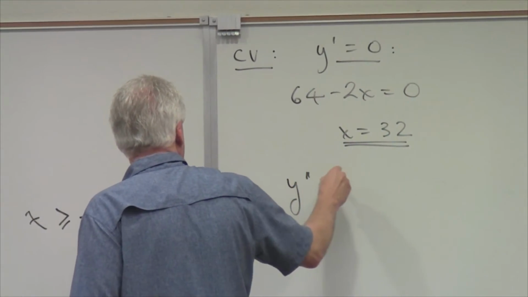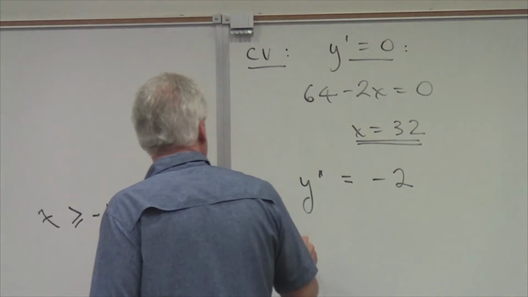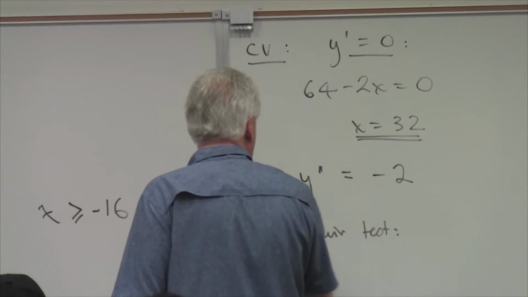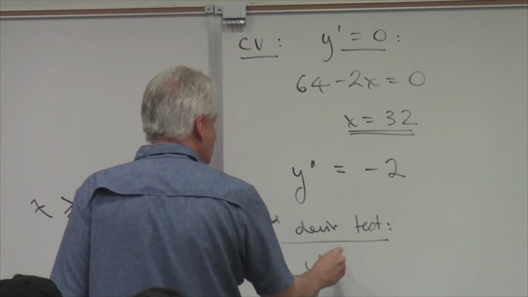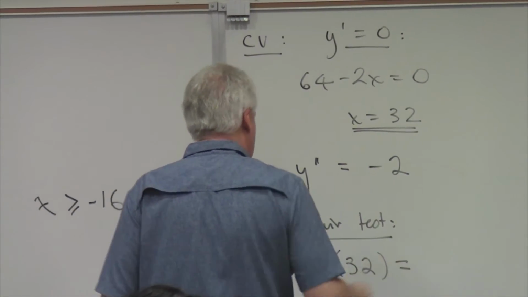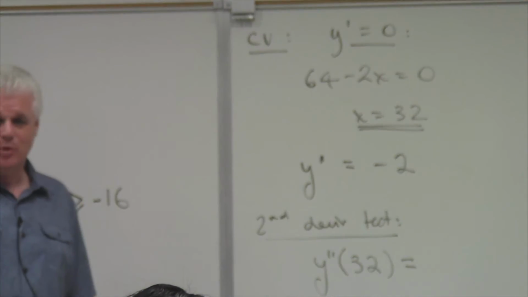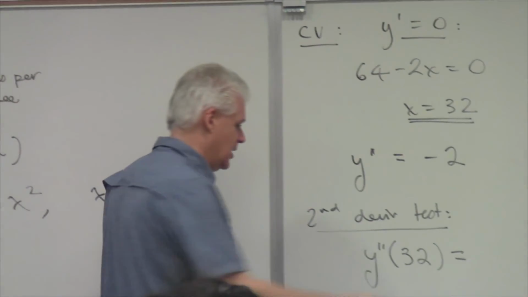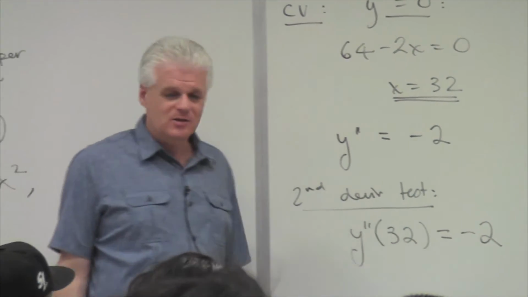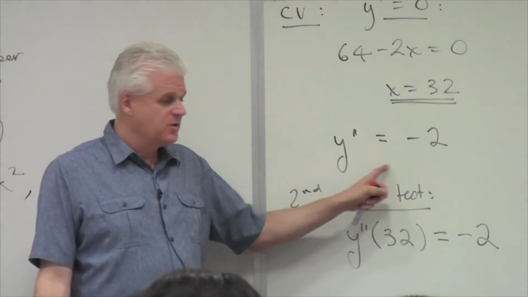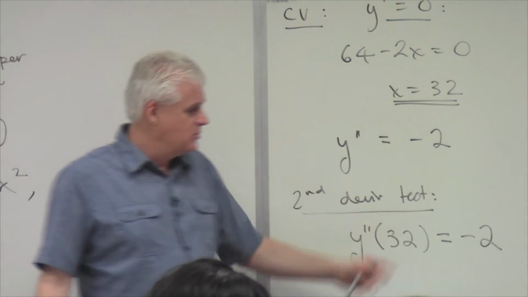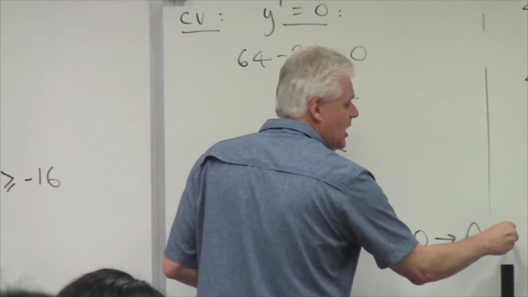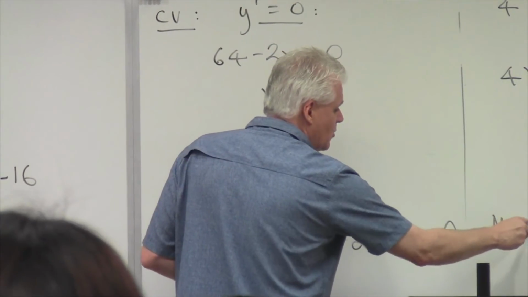What's y double prime? Negative 2. Therefore, if we use the second derivative test, what's y double prime if we plug 32 into it? Well, this y double prime is so incredibly boring, it doesn't care what you plug into it. What do you always get out? Negative 2. It's a constant. So negative 2, that's negative, so it's concave down, so it's a max,